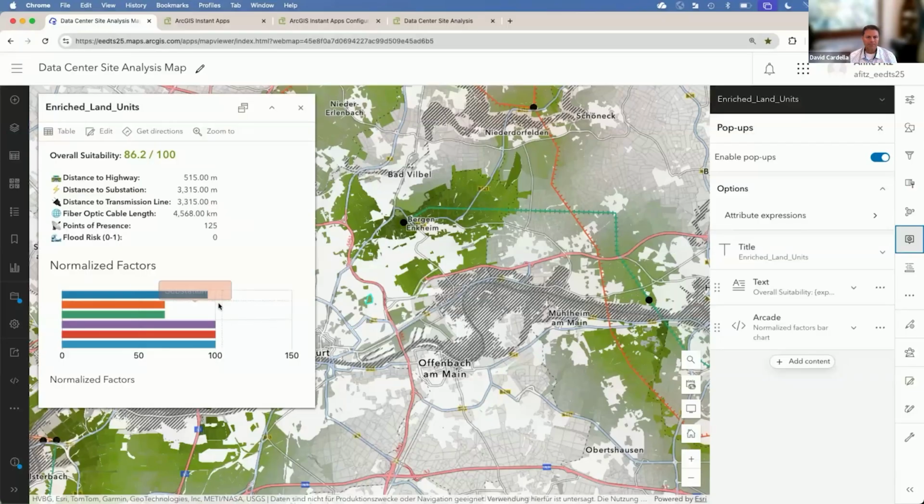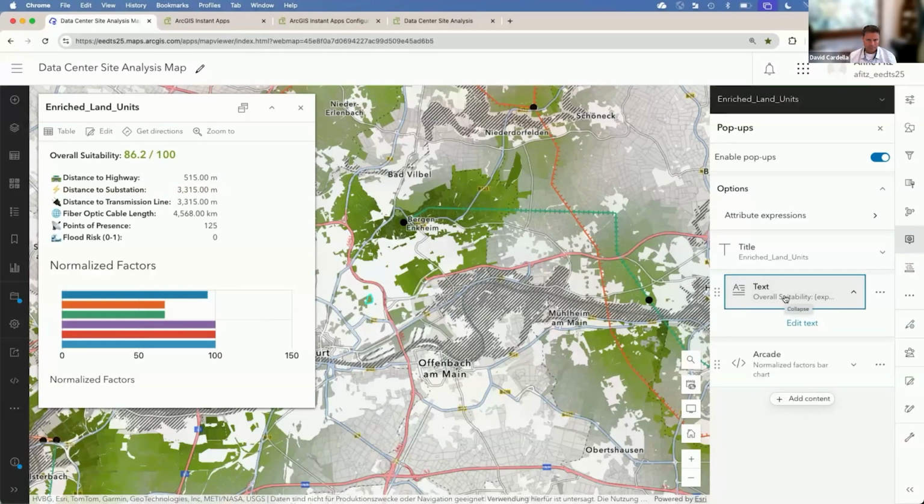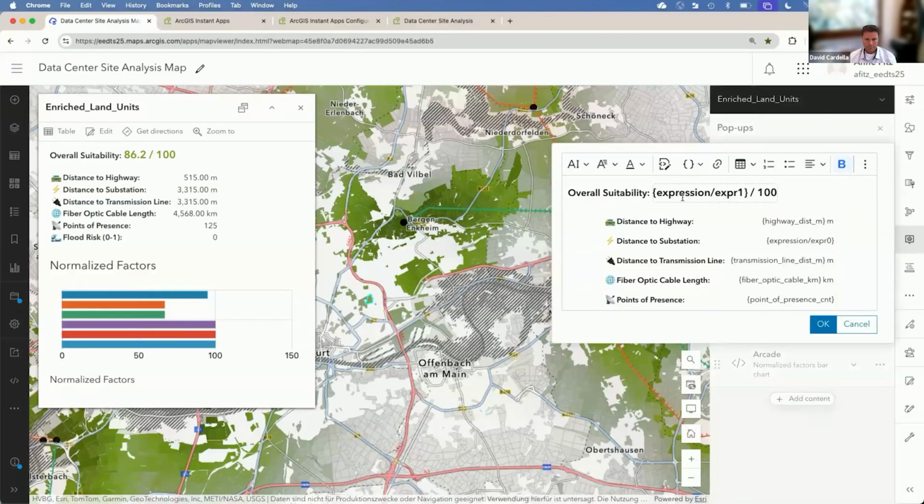We can use this to find more information about the factors that are contributing to our suitability index, to provide that additional context that we need. So for the sake of time, I've already configured this pop-up, but let's take a closer look at how it was put together. So here I have a text content type that is showing the overall suitability, that suitability score,